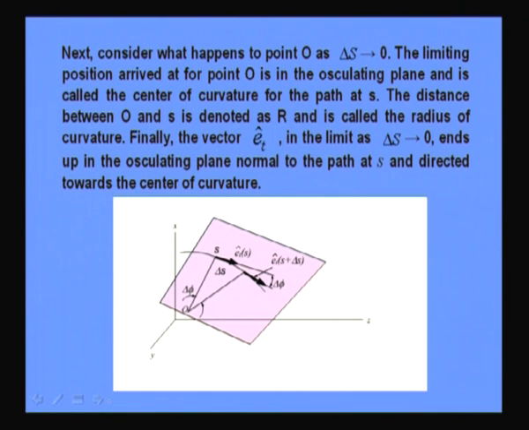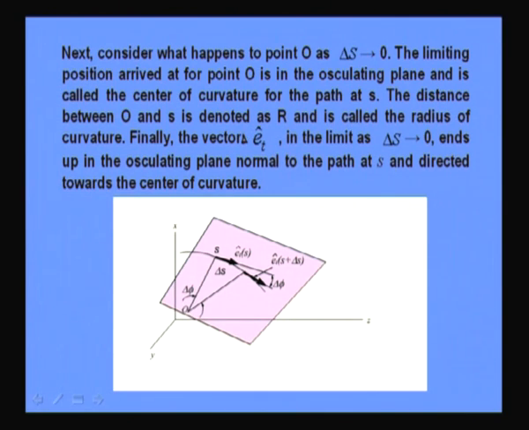The distance between O and S is denoted as R and is called the radius of curvature. Finally, the vector delta ET in the limit as delta S tends to 0 ends up in the osculating plane,